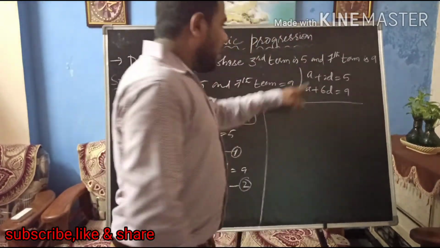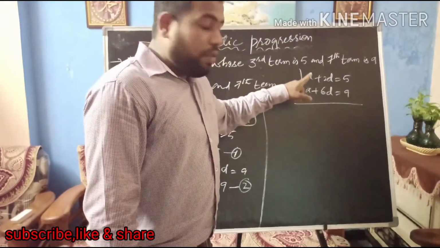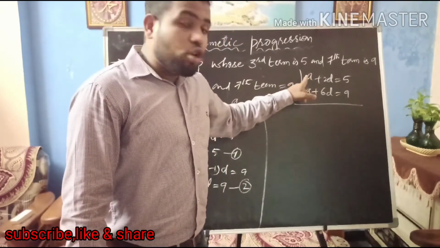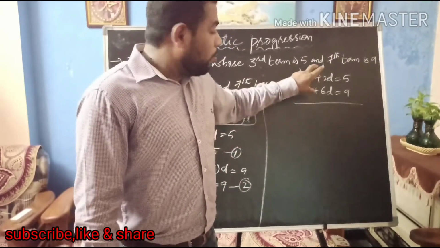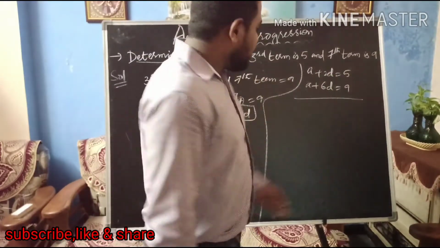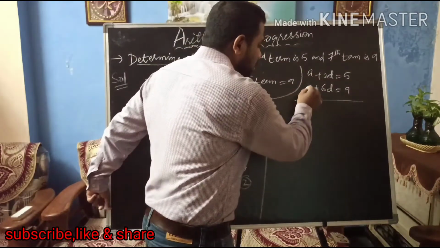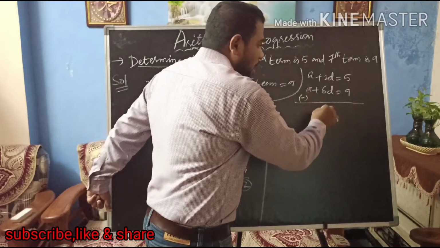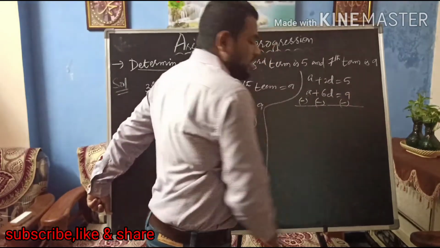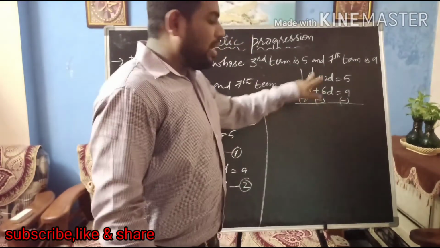Simple. a and a are both the same, so we can cancel them. But whenever we cancel terms, one term should be plus and the second term should be minus. Both should be the same, with one having the plus sign and the other the minus sign, as both are in plus. So I'm just going to change the sign of the second equation. This plus becomes minus, this plus also becomes minus, and this plus also becomes minus. See here, it's plus and minus, both are the same, so I'm just going to cancel them. So plus and minus got cancelled.